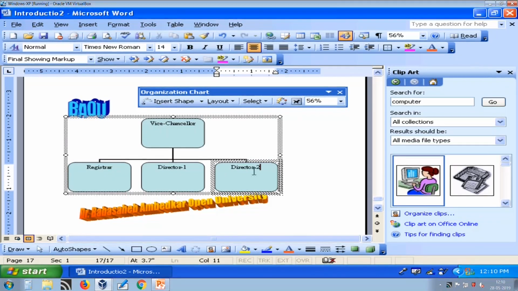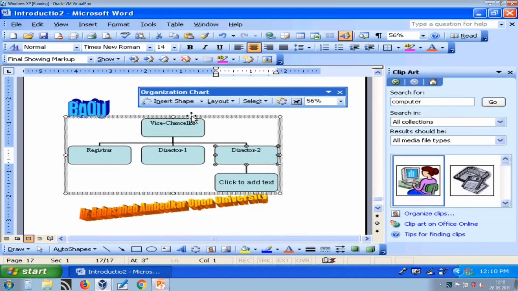And suppose I want to insert shape, more shapes, then what I can say is this will be inserted as subordinate of director 2.